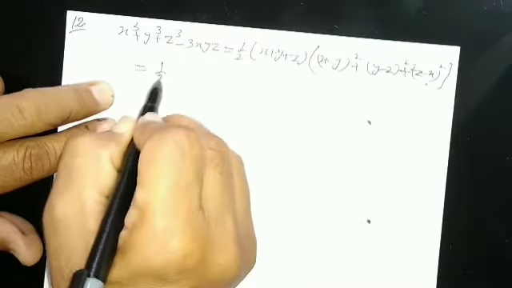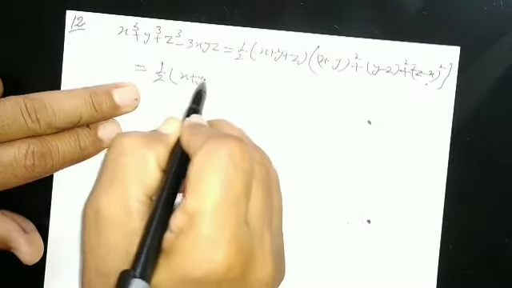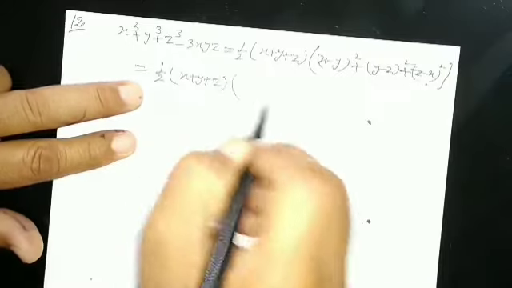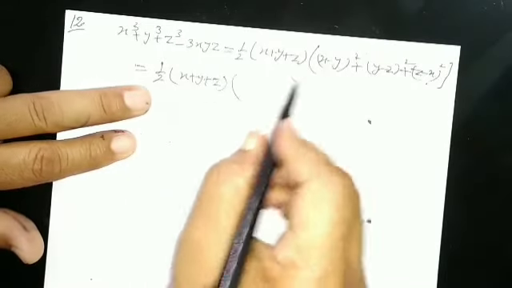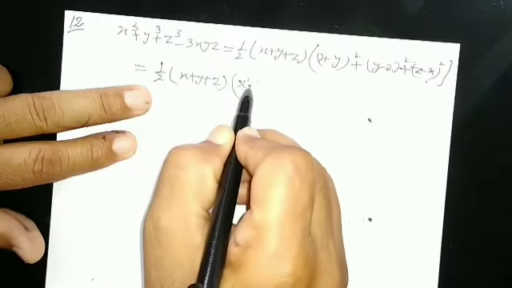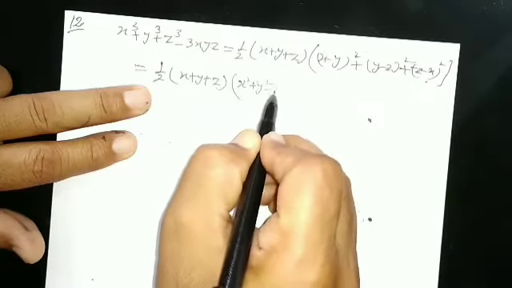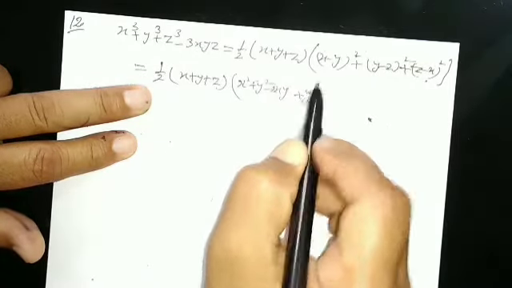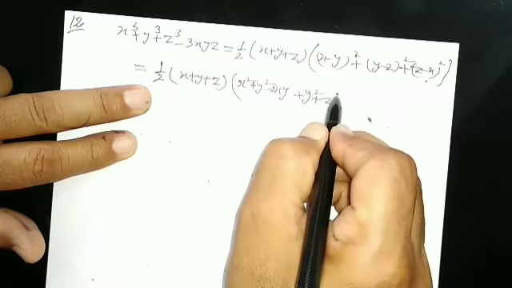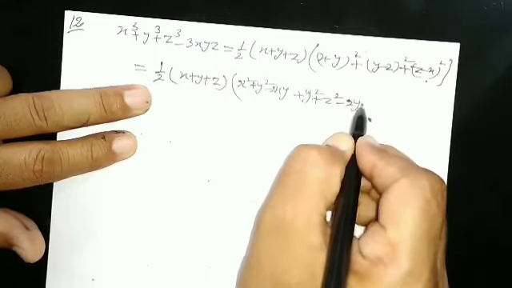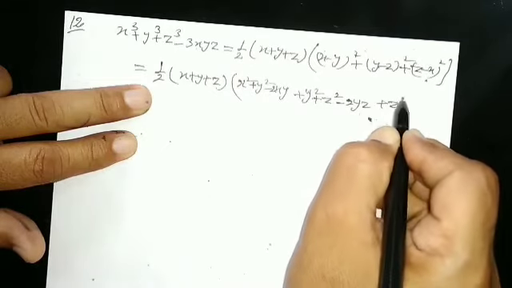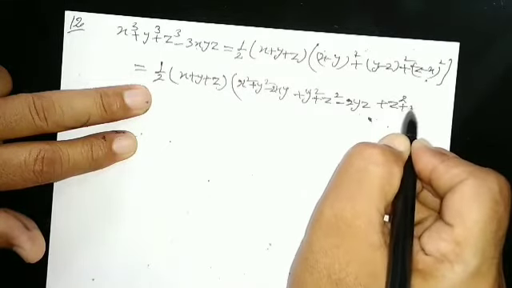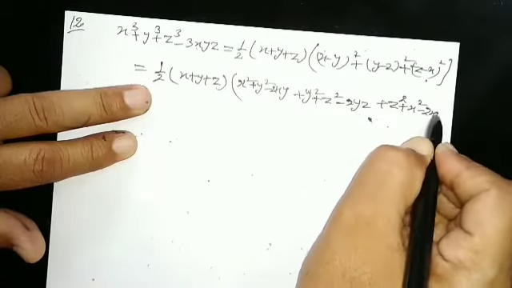Means we have to prove that both sides are equal. So we have to first open these squares. Square of first, square of second minus 2 into first into second, and applying this you will get this term. Okay,